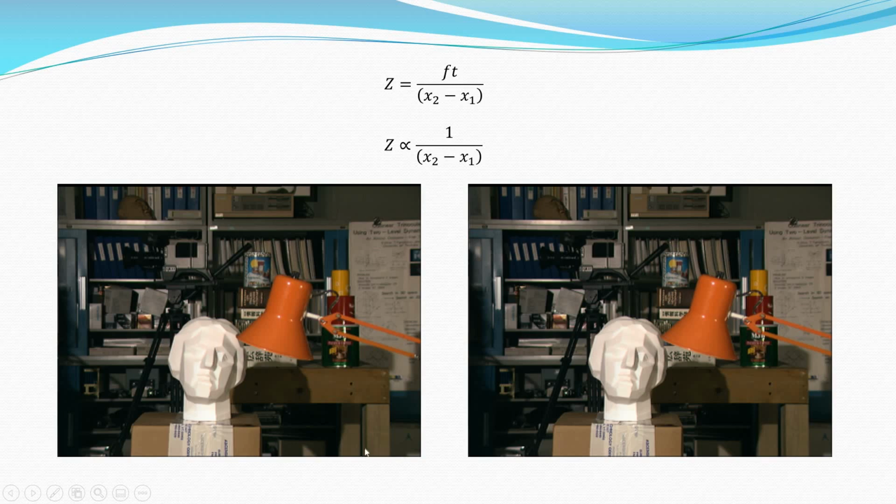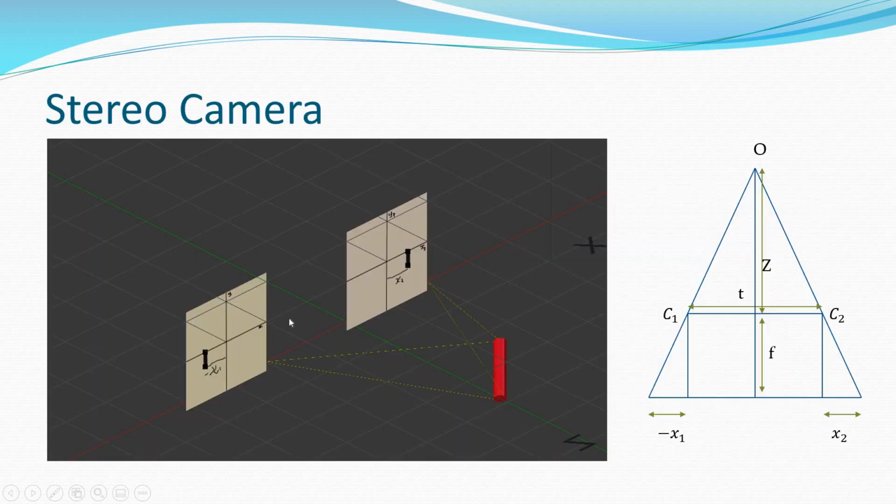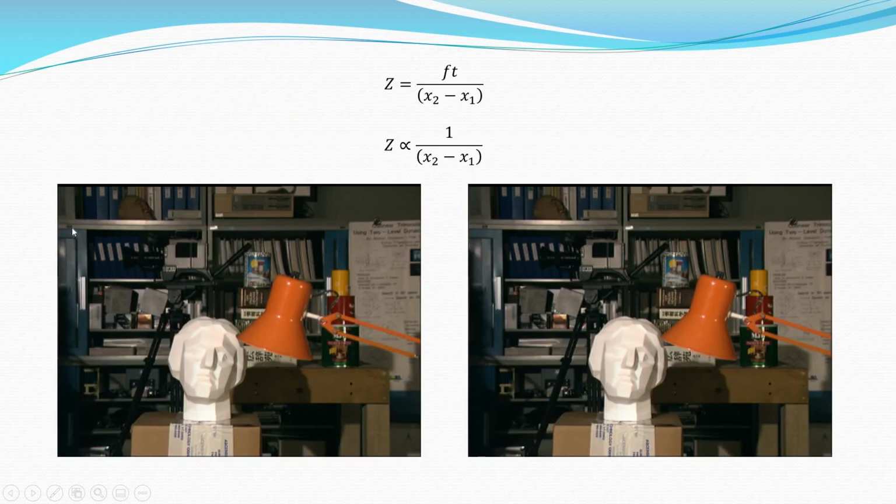So there are different points over here. The depth of that point, the z coordinate of that point, is given by this equation. Further, we found out the disparity map using this proportionality condition. One thing that we saw was that, due to this constraint that both of these were just laterally displaced in one particular direction, if I want to find the depth of this point, I first have to find out where this particular point corresponds in the other image.